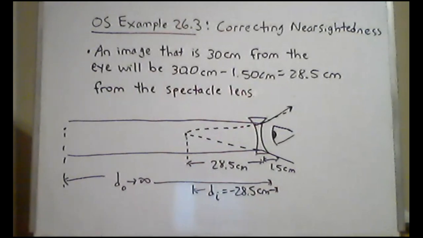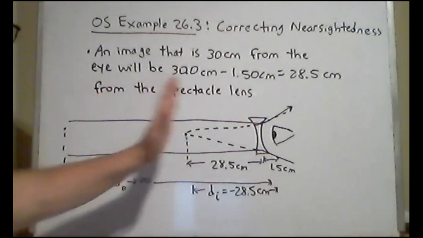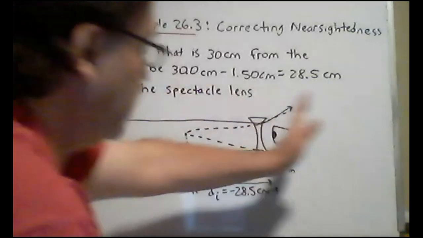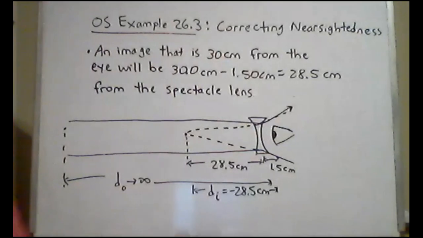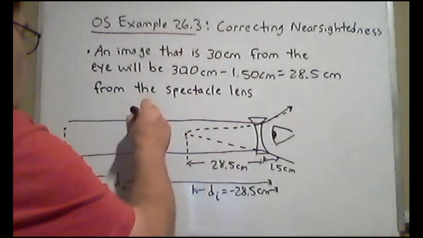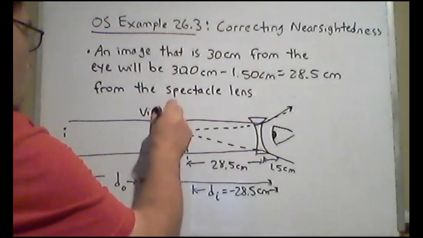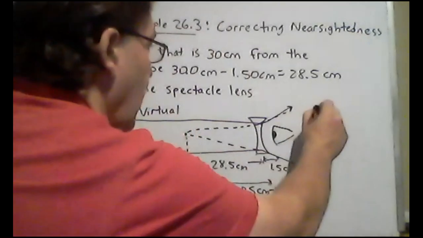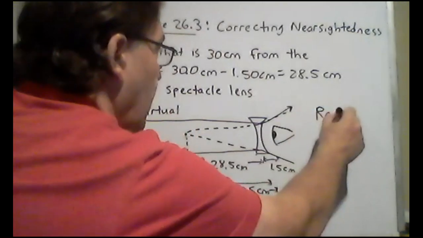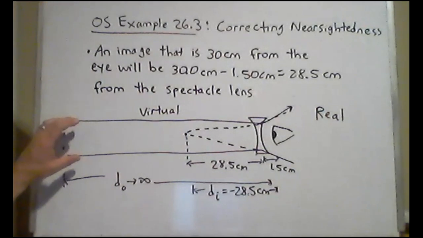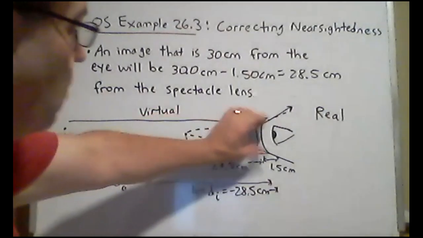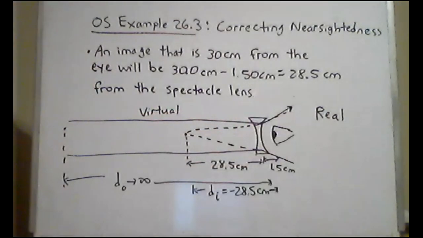All right. So this is the object side. This is the virtual side. This is the real side. Remember that? This is the virtual side, any distance. This is the same side as the object. Light rays are supposed to go on the other side of the lens. That's the real side. So when you have somebody that's nearsighted, parallel rays coming from infinity are going to diverge through this